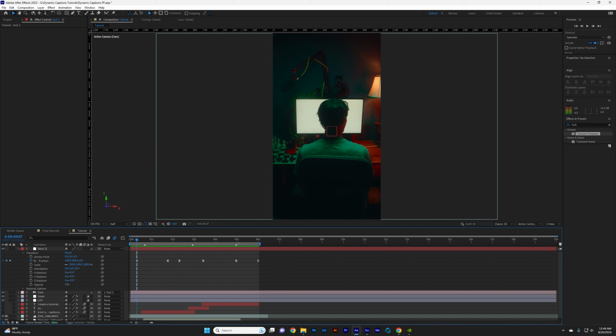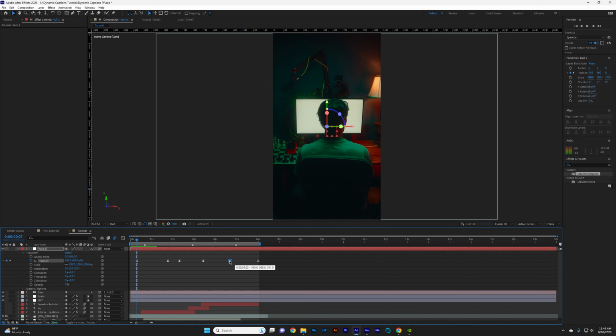I wanted this fly out to honestly be more of a float out, which means increasing the duration a bit. So I'm gonna go ahead and move this keyframe that starts the movement a bit further back, quite a bit